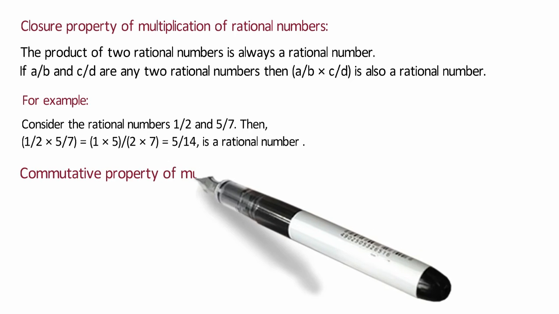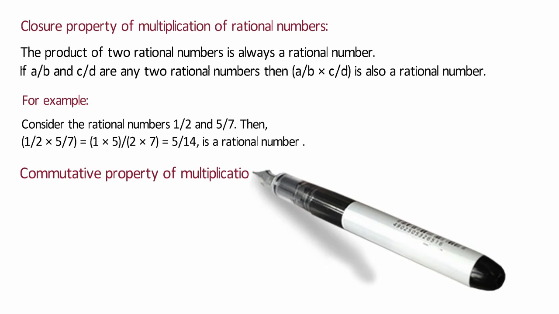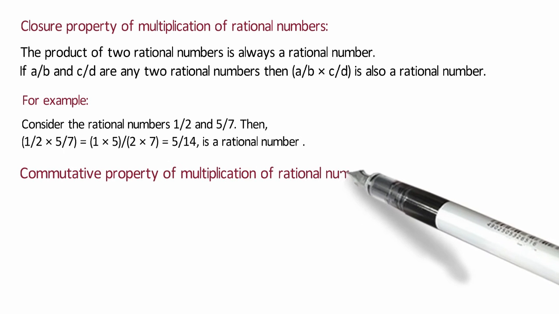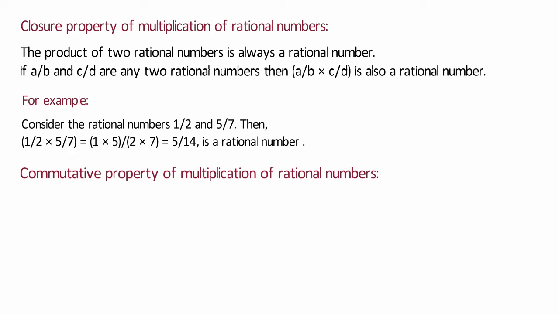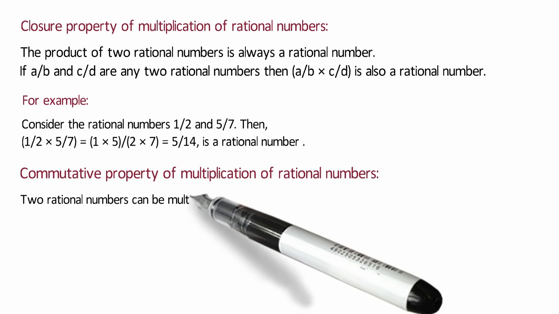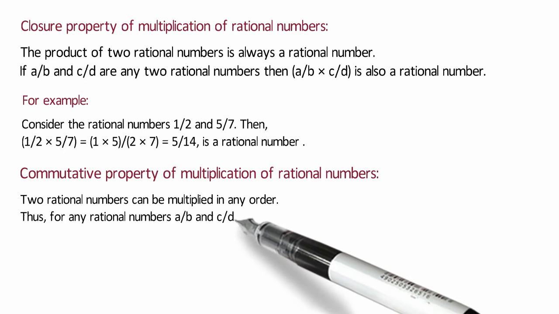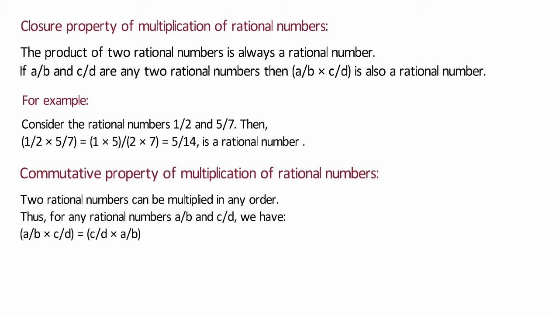Commutative property of multiplication of rational numbers. Two rational numbers can be multiplied in any order. Thus, for any rational numbers a/b and c/d, a/b times c/d equals c/d times a/b. For example,